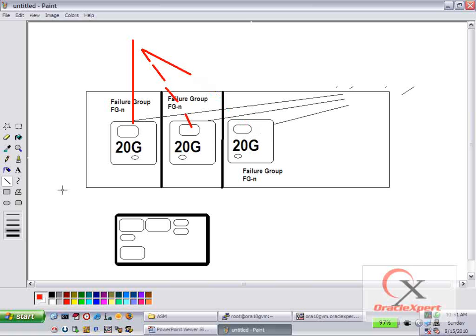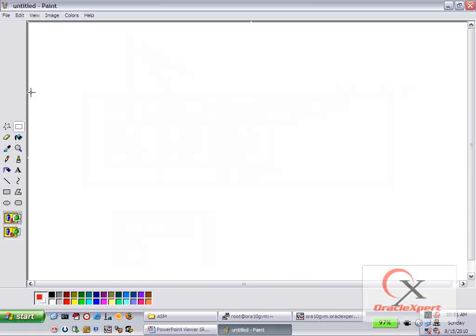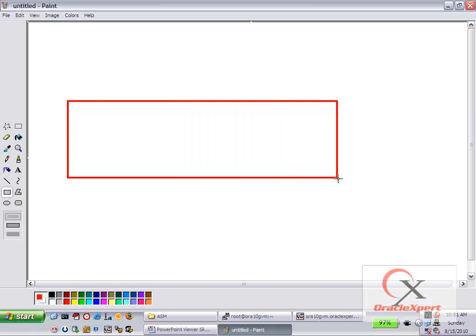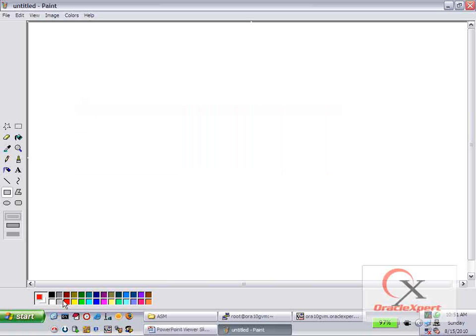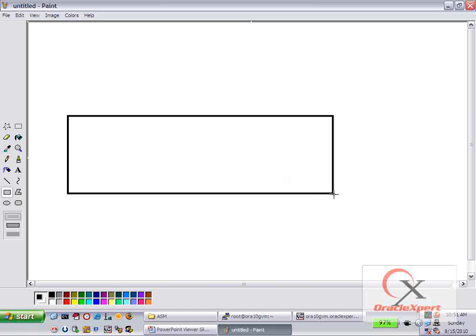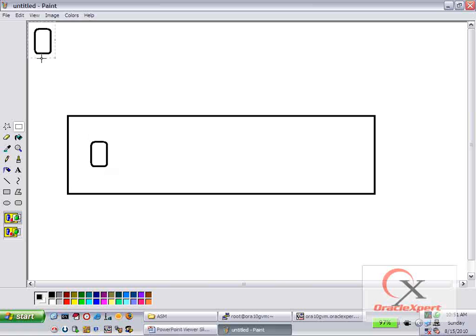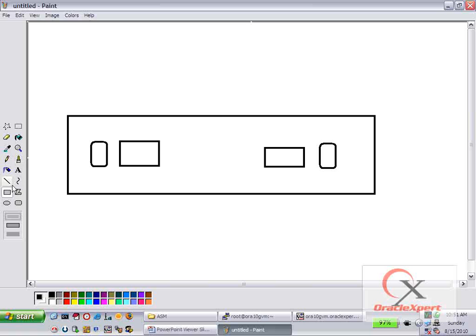I'm going to redraw it because now this is not going to allow me to erase off certain contents. Now this time I am drawing it a little different. I assume that I have a disk group. This time I have just two disks, or rather four disks I would say, and I would club them into I'm deliberately taking them of unequal size. This time I have divided them into just two failure groups,